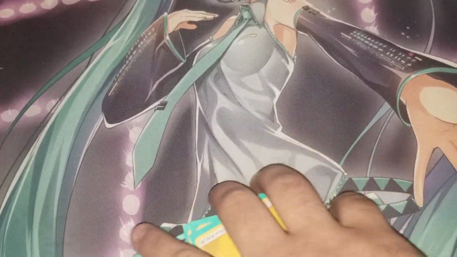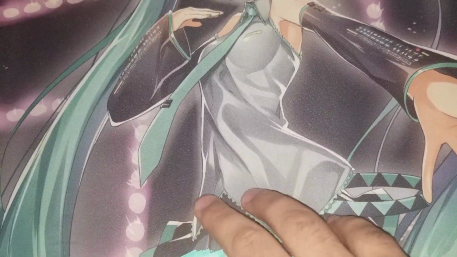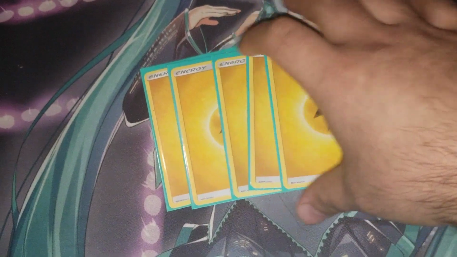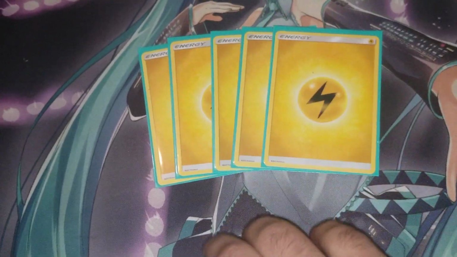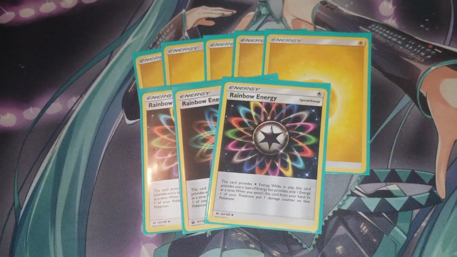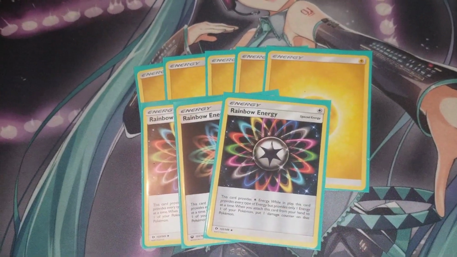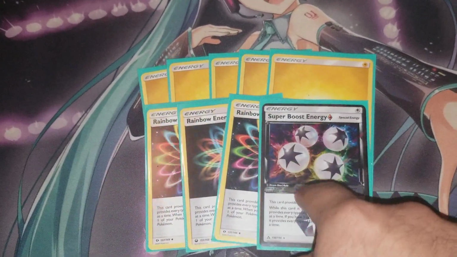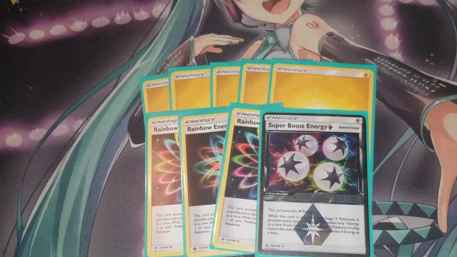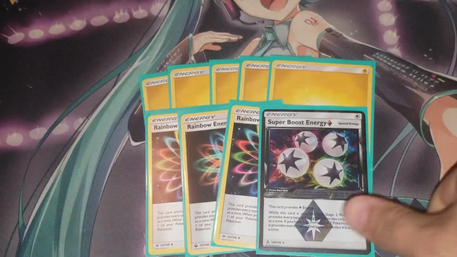And for energies, it's 9 energies. So you're playing your 5 lightning energies, 3 rainbow energies, just because of Altaria. And then you're playing your 1 Super Boost Energy, just for when you have your Dragonites out. You can swap it out for